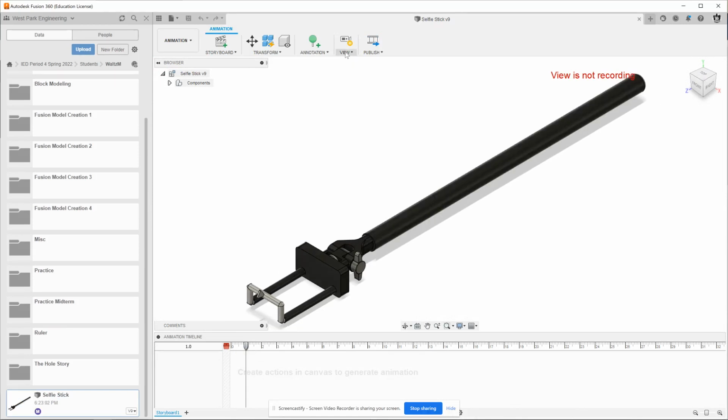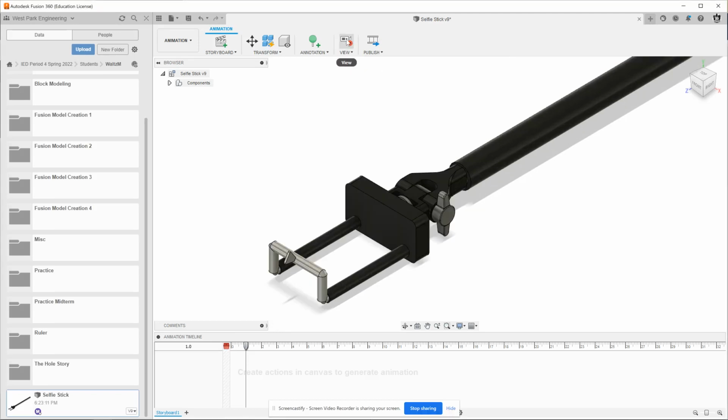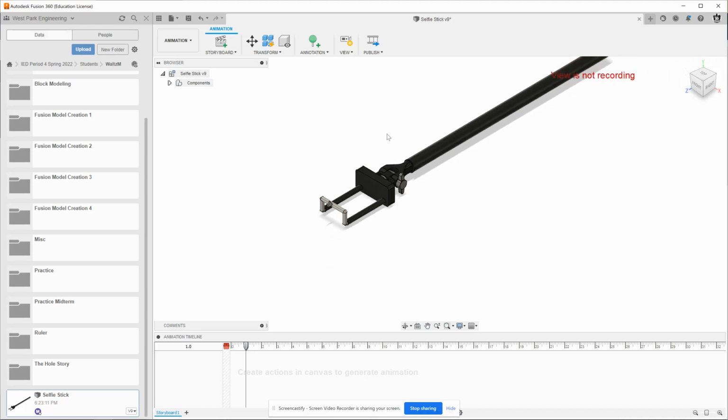First thing we want to do is make sure recording is off. So up here, there's this view tool, and normally it looks like this. This is what it looks like when it's recording. And then if you click it, then it turns off recording, which is what we want. We don't want it to record the view changes as we look at this. What we're trying to do is make a static image of the exploded assembly so we can make a drawing